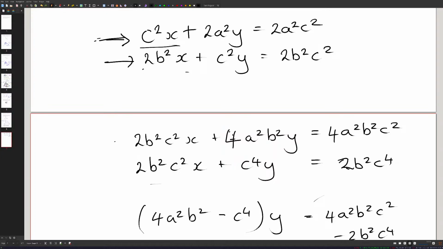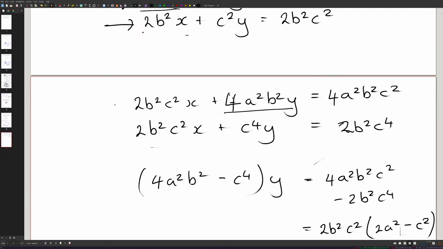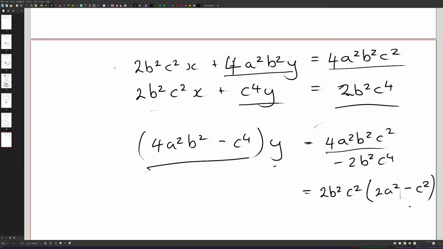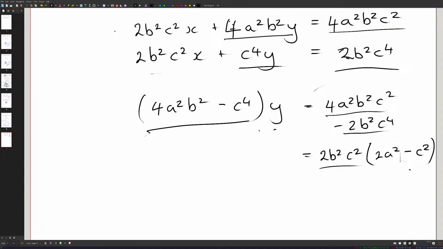I'm doing that so that the x's have the same coefficient, so that when I subtract it, the x's cancel out. And so I've just got this minus this, which is this, times y, is this minus this. And then here you can take out a common factor of 2b squared c squared. And so then you're left with 2a squared over there and a c squared over there. And so you can work out,